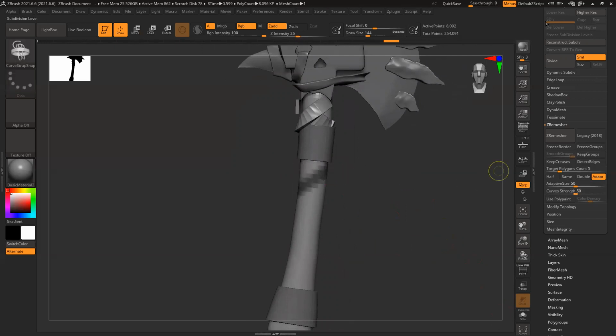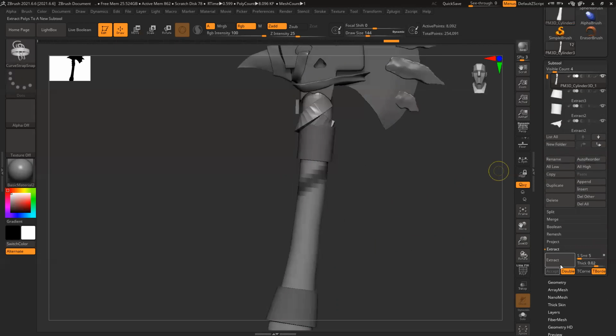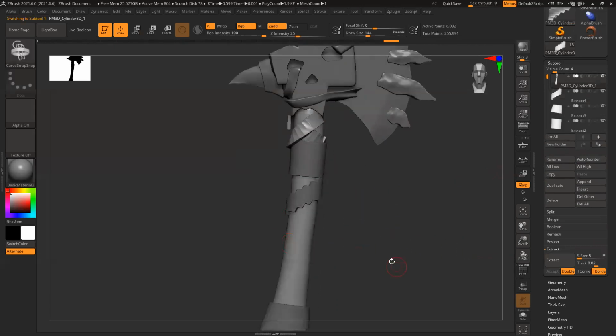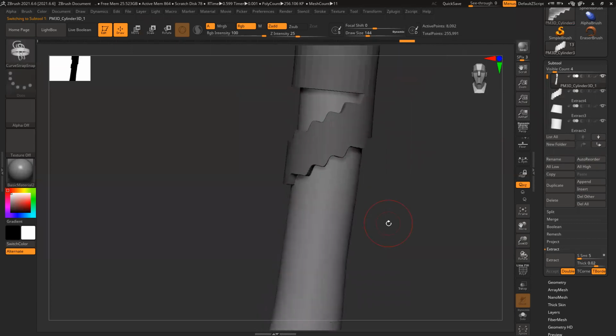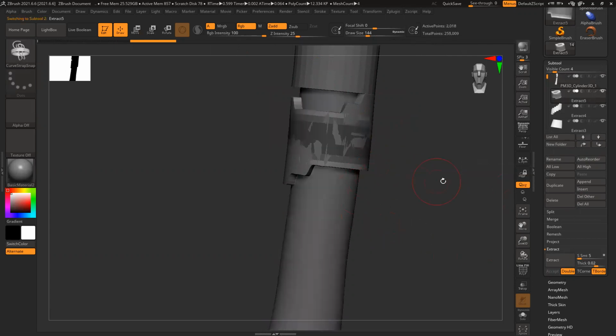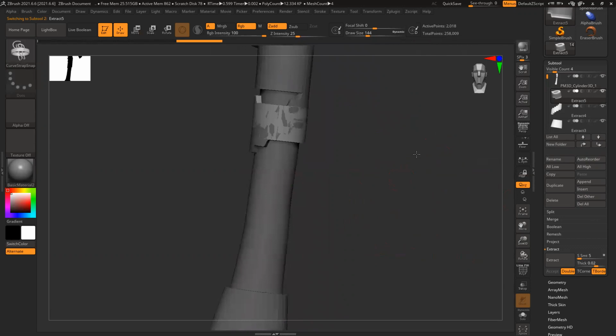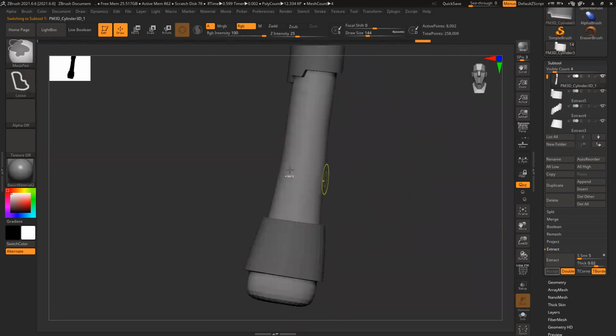and extract it, separate. Don't worry if it's jagged. That is something we can fix. Select, extract, accept. Then down here, deselect.